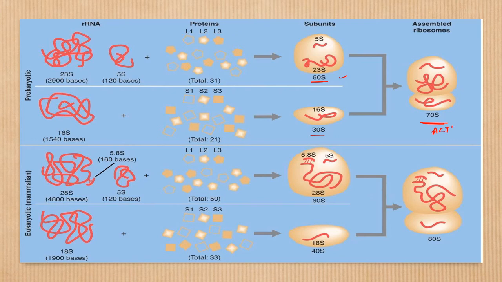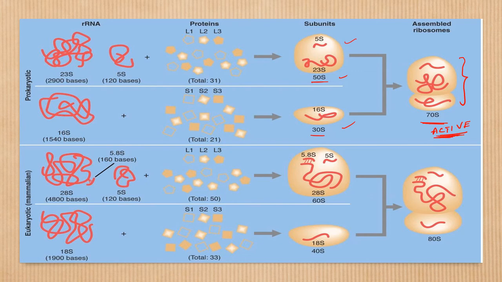It is formed only during the active state. We can observe this structure only in the active state. Once the transcription is complete, these two are present as two separate units, and they are united to form the assembled ribosome. The assembled ribosome we can observe only in the active state, that is at the time of translation.